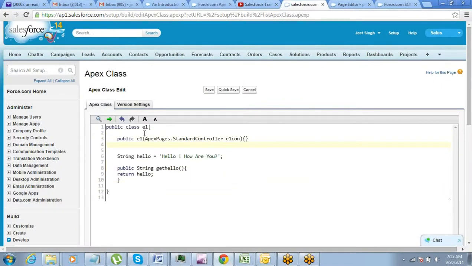So for example, a list of campaigns. Select name, start date, and end date from campaign.